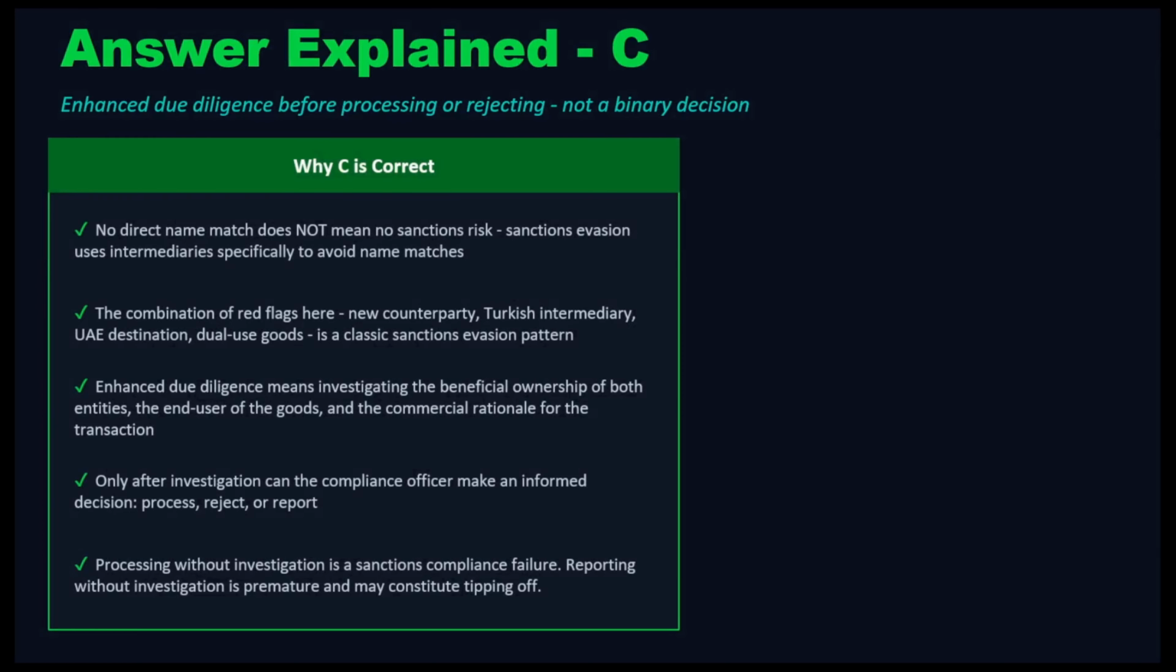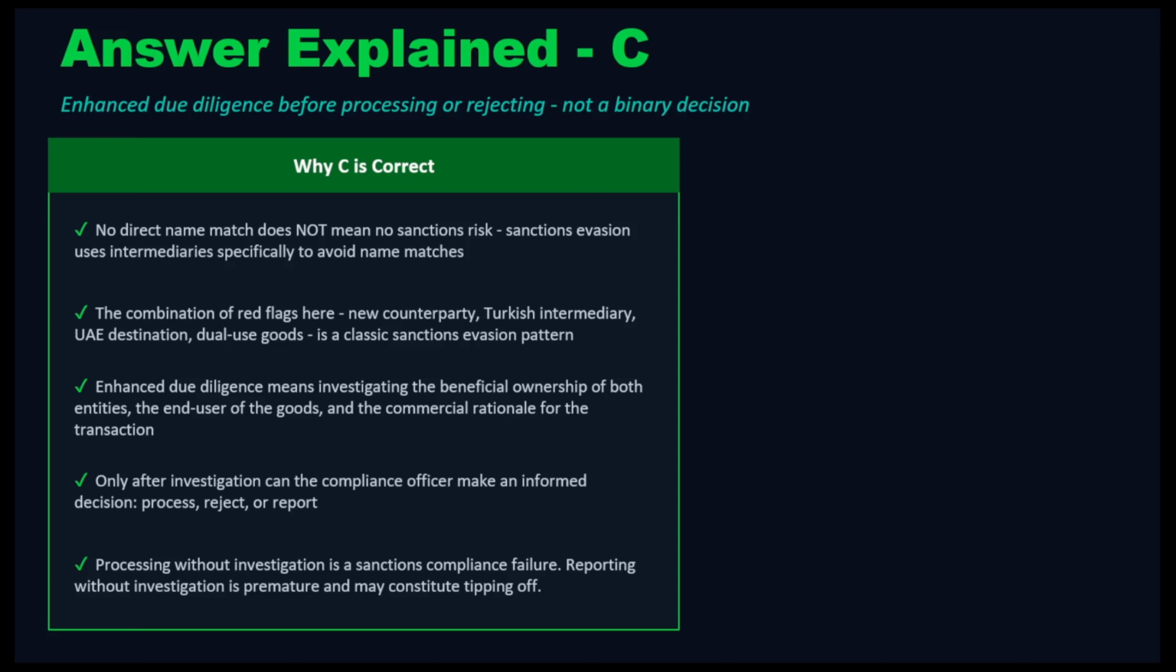So as we said, the correct answer is C. It's an enhanced due diligence before any decision to process or reject. So here's why. The scenario contains a classic sanctions evasion pattern. There's no prior relationship with the Turkish intermediary, a newly registered company, dual use goods, no direct name match, but that is